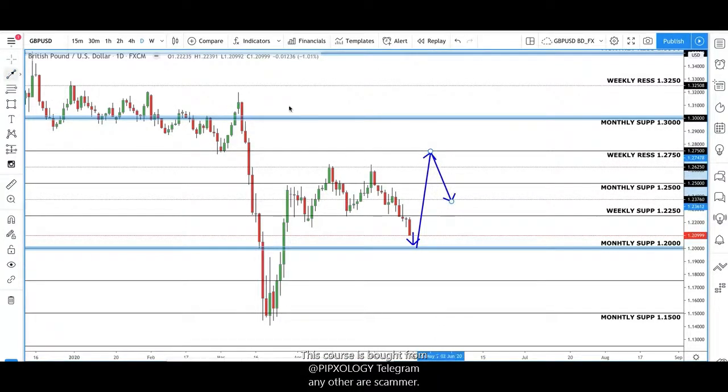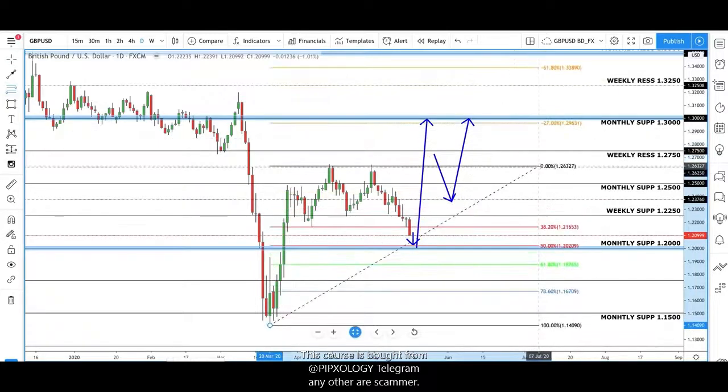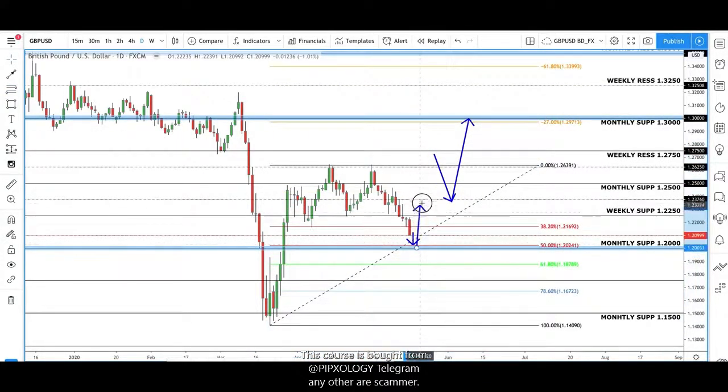But then with that, we might just push back up. You can see it's not going to come from here and then just continuously push all the way up to here, 1.30. It's not going to hit that Fibonacci in one move. What you're going to see is, once you have the 61 or 50% retracement, you're going to come back. You might find resistance here. Then you pull back down again. People looking at it thinking it's a triple top. See a bit of a pullback down. Then you have the pullback up. And then you see that this is actually just trending. So that's how you have to understand the market.